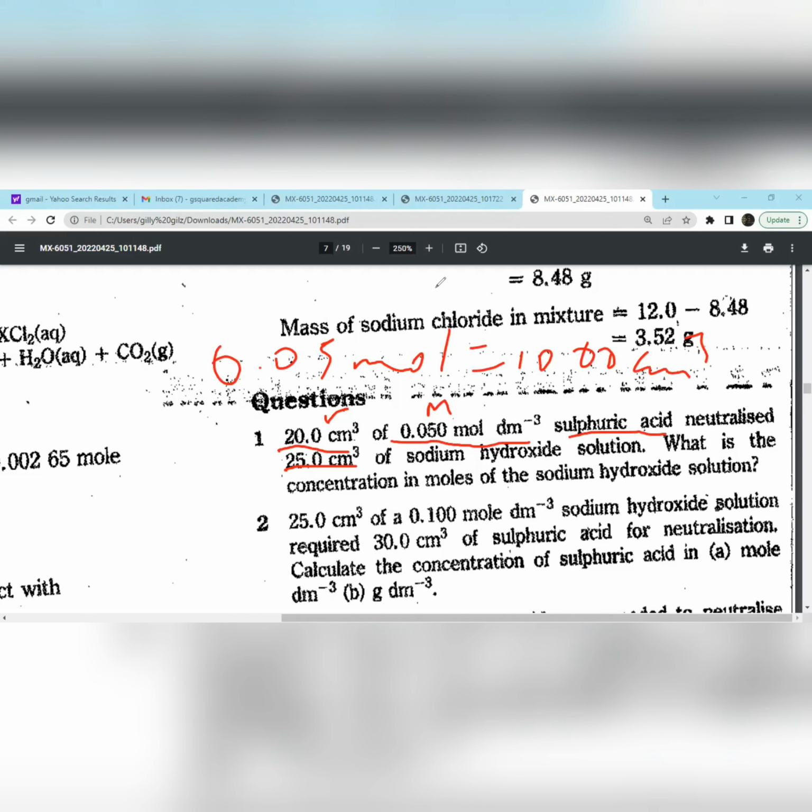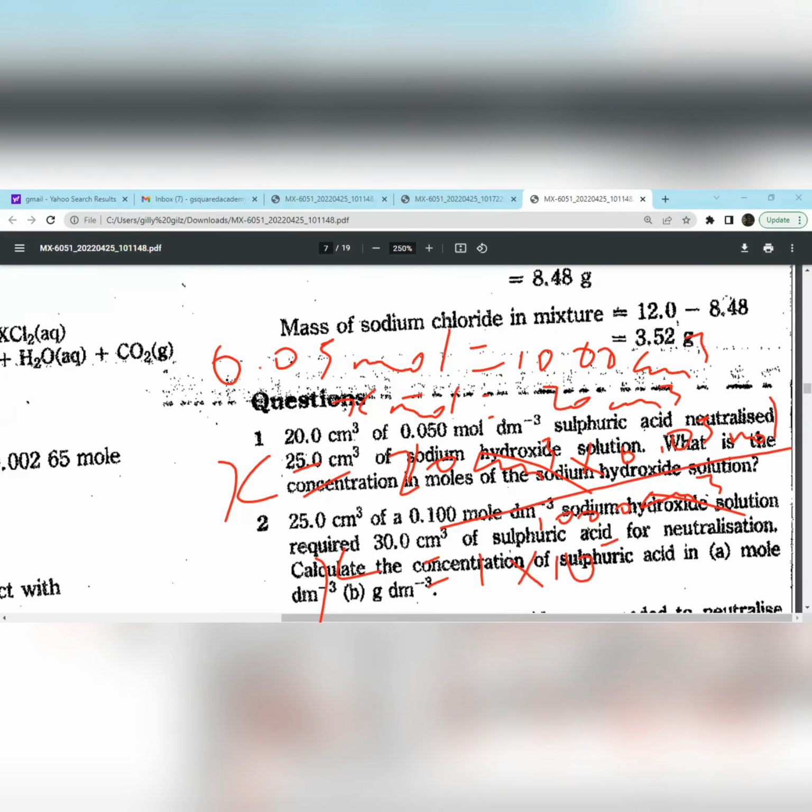Okay, so if I have that number and I want to find the number of moles in 20 centimeters cube, then all I would need to now do is simply say that x moles is equal to 20 centimeters cube. And then I'm going to cross multiply. x is going to be equal to 20 centimeters cube times 0.05 moles divided by 1,000 centimeters cube. Centimeters cube cancel, and so your x is going to be equal to 1 times 10 to the minus 3